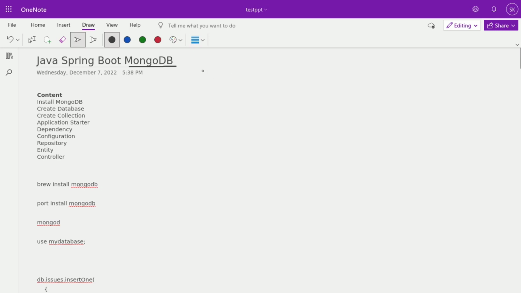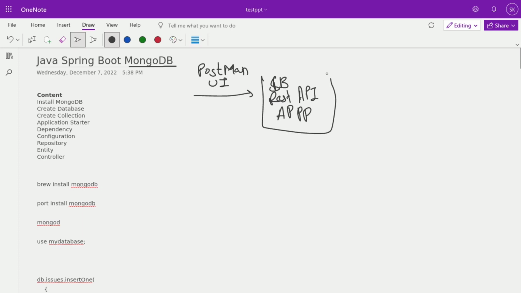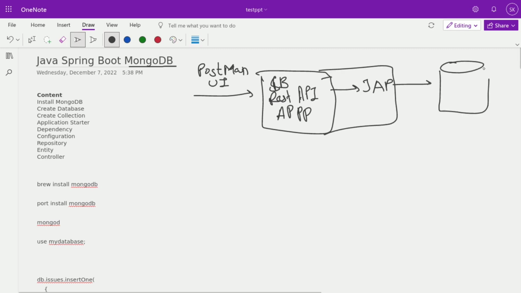So, just for basic understanding, this is our Postman or any third-party application or a UI, which is accessing our Spring Boot application. So this is a Spring Boot REST API application. This application we build connects with JPA. It's a part of JPA, and this will connect with the NoSQL database. For our example, we are putting MongoDB as a